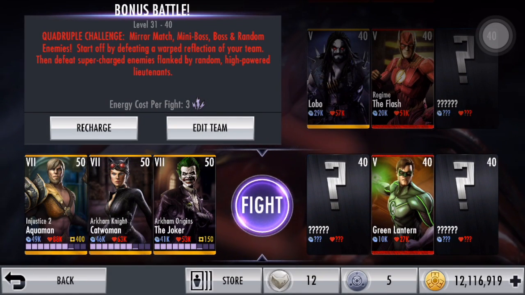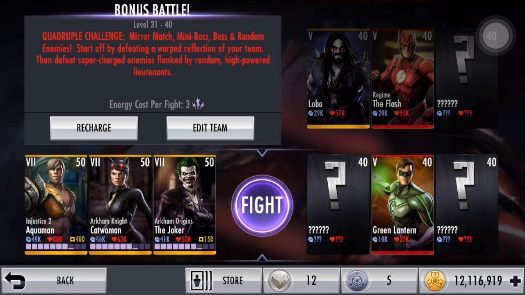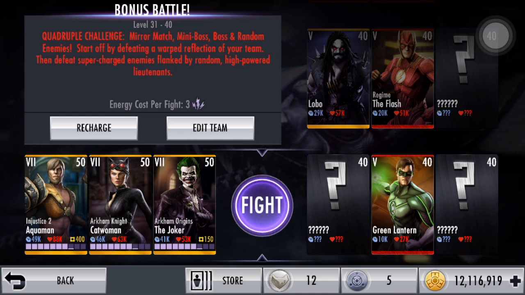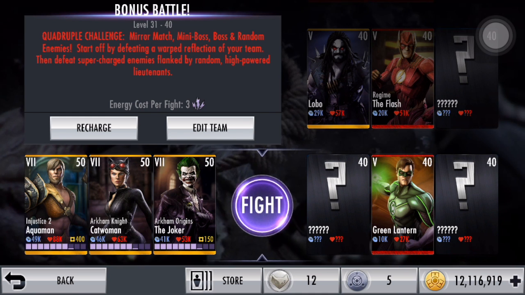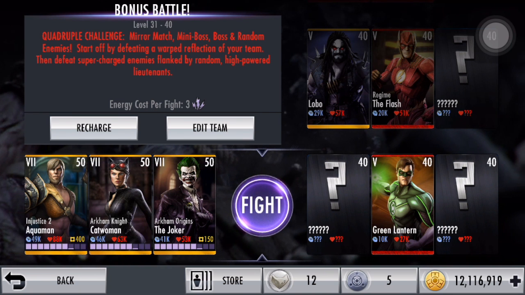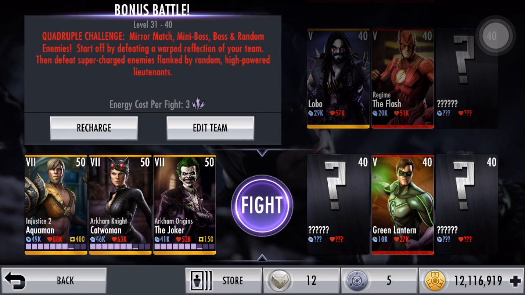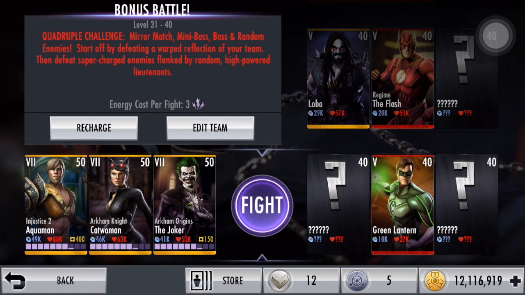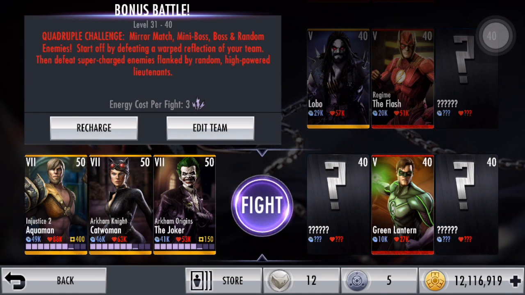So you guys saw the power of the reflected bleed. Let's break it down. Let's assume that Joker is poisoning us. So we reflect his poison. His poison is doubled by Catwoman, so when we reflect it back, it does 4 times his normal poison damage, and then that causes him